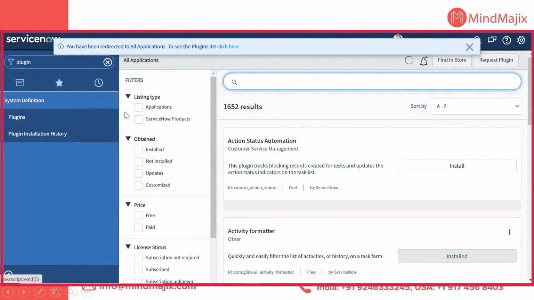Okay, so once a plugin page is coming up, what you have to do is you have to search for